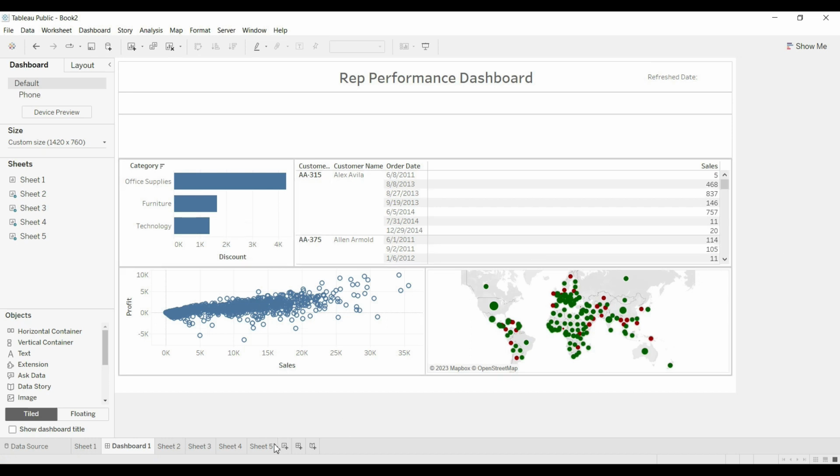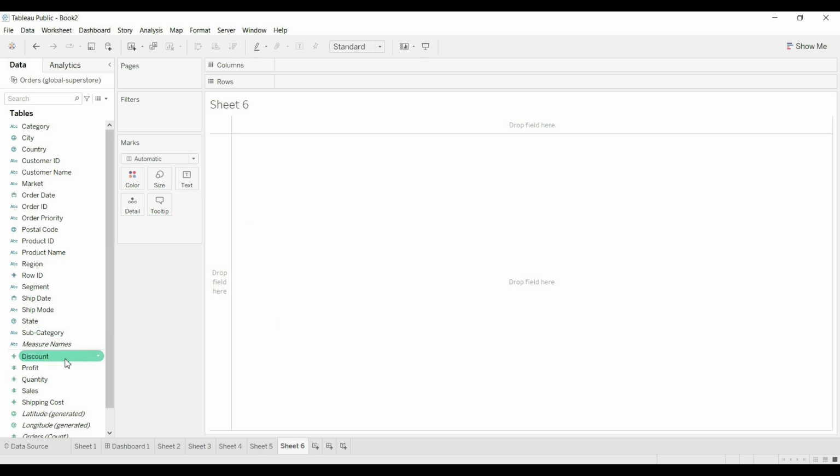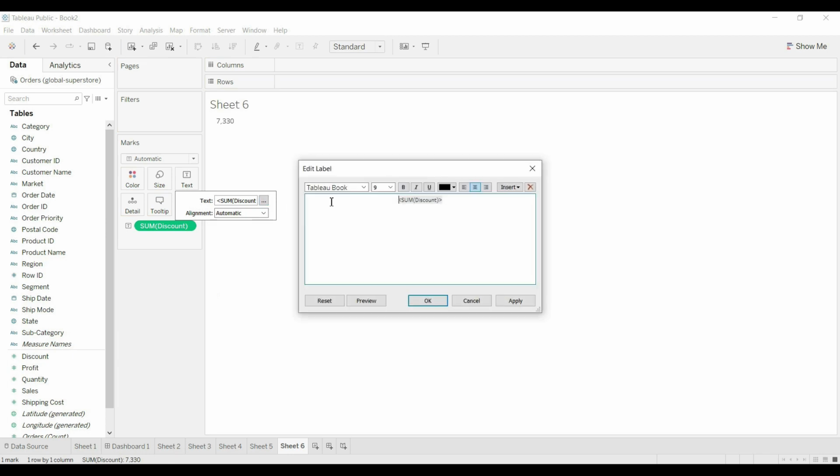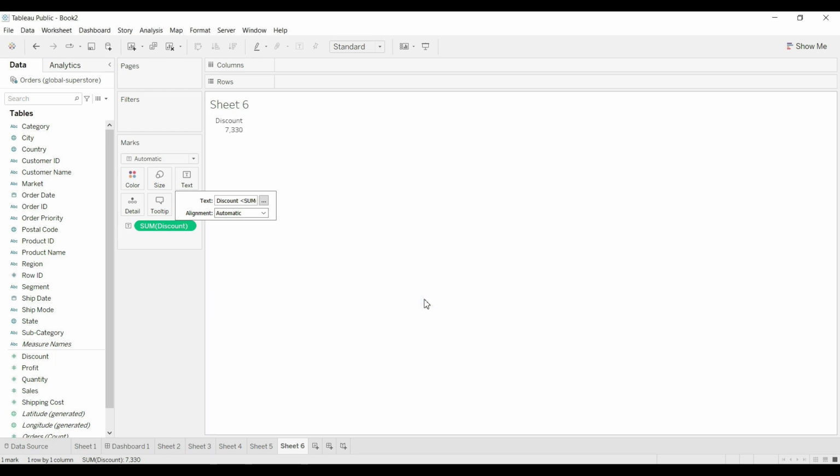We can create quick KPIs, for example discount. For this purpose I will use profit.